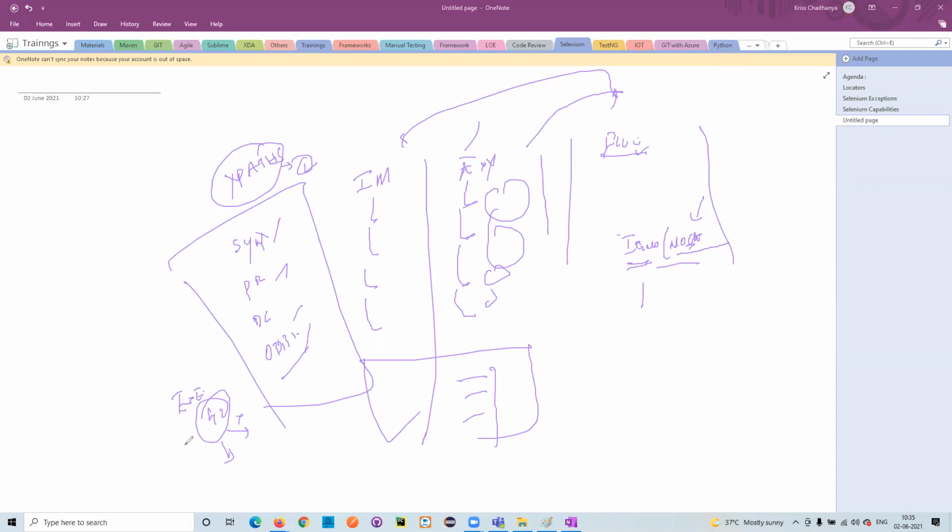So first, if you learn these things, then you write the code and then you see it. That's why I kept these exceptions last, because anyway you are working on these items and you'll be getting stuck. You get the exception, you browse, and then you spend the time. Once you learn this, you can understand the importance of these exceptions, which are called the Selenium exceptions. So this would be the last session on Friday, and we will be completing the sessions on Selenium.